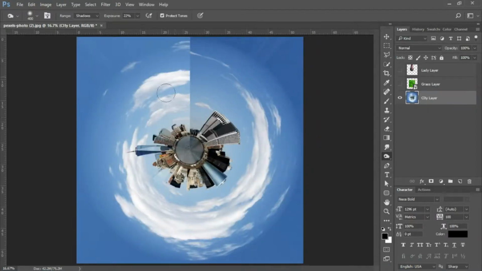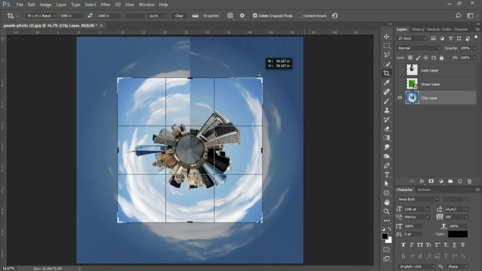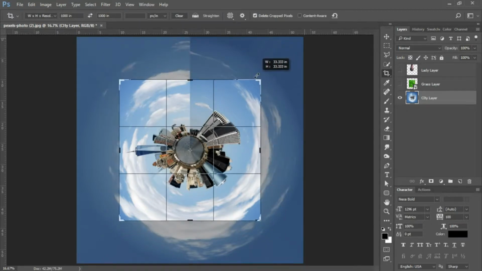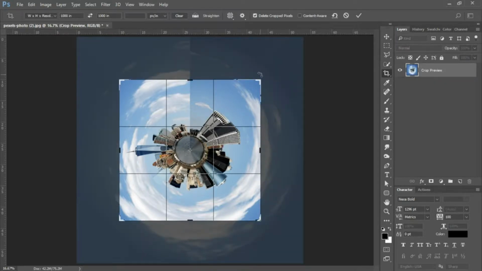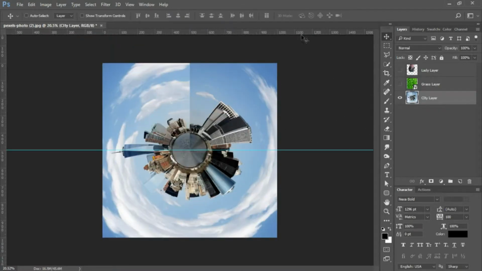So now we'll have this effect, but we have this hard line here, and we also have a bit of stretching around the edges. So the first thing I'd like to do is select my crop tool, and bring this in while holding Shift and Alt. So we're going to bring it in to just about here. So I'll press Enter to confirm,